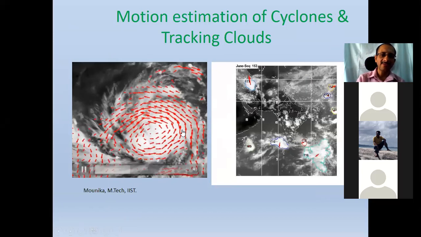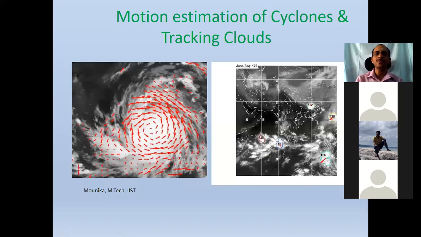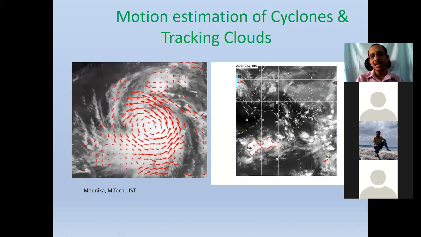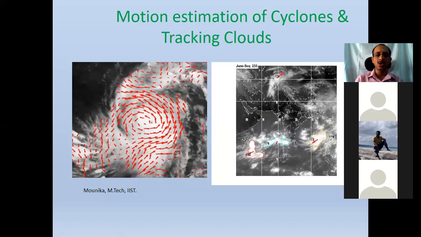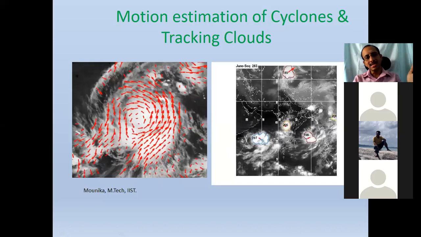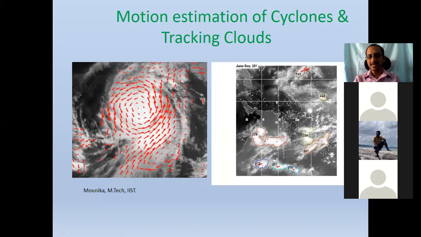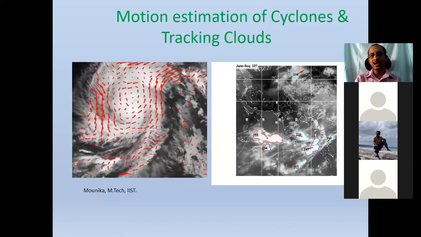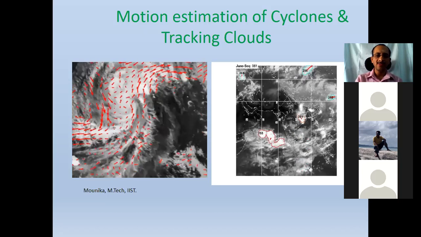These are cloud images, where we want to identify the motion of clouds from one region to another, from one frame to another frame, from images. This also helps in the analysis of cyclones, hurricanes, and so on. So similarly here, tracking of clouds, in which region overall they are moving. This is also an important area. We have a lot of data from ISRO on these aspects, but the methods are still limited to know what is actually happening over years, say 10 or 20 years of data we have. So this is another important field.